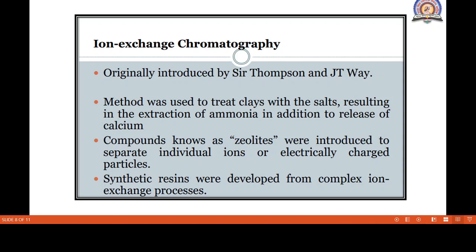Now we start with the next, that is ion exchange chromatography. Again, the name itself indicates its meaning. Students, what does ion mean? Suppose for example we take NaCl. In that, Na+ and Cl- are the ions. So positive and negative ions are separated. Exchange of ions takes place in this chromatography, that is ion exchange chromatography.